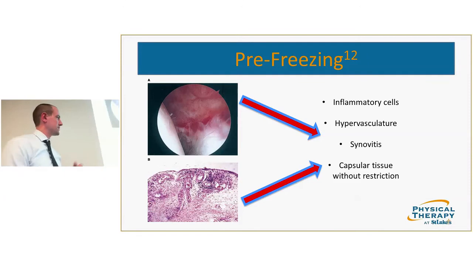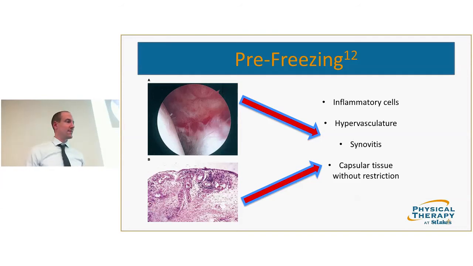This was from a study. They actually took some samples of the tissue. So you'll see in the pre-freezing phase, they do have the inflammatory cells. They're also going to have an increase in the vasculature, and that certainly accounts for some of the pain and the inflammation. They're going to have the synovitis that is present, and then, like I said, if you